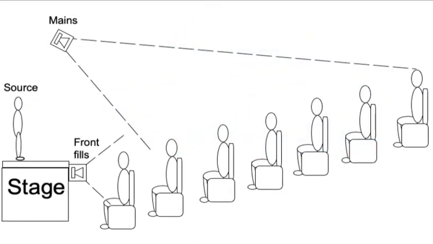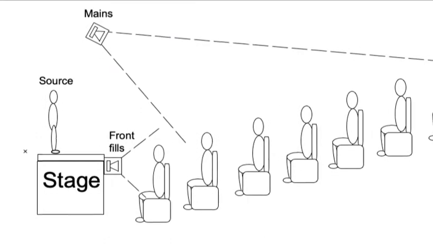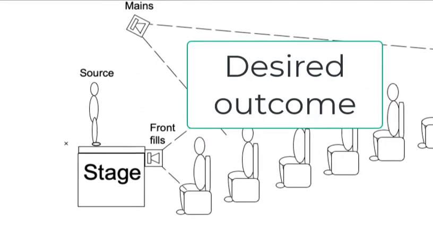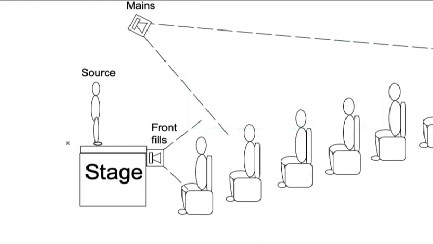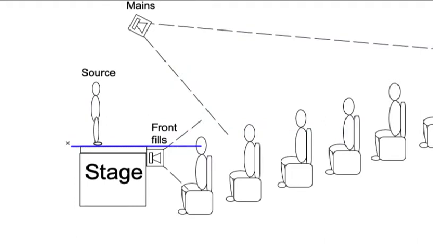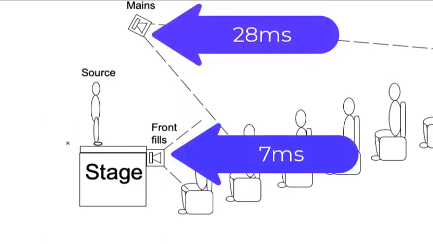Let's look at the time difference and try to make decisions to create the desired outcome. Remember, it's always about desired outcome. As we shift this view a little, the little X here is going to represent the distance arcs of the main speakers, so we're going to do this little arc here. If both speakers are at an equal perceptible amplitude, at the same volume, then whichever speaker is closer in time will become the dominant image.